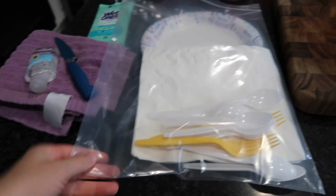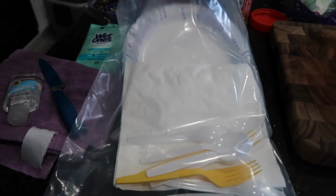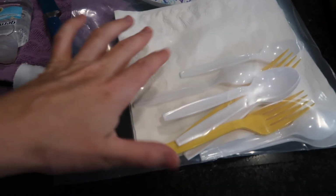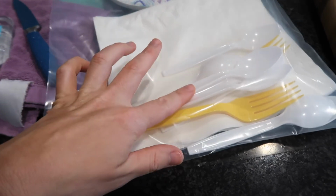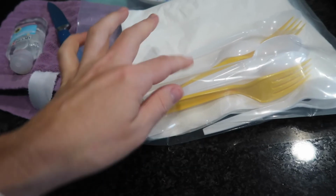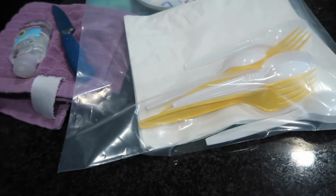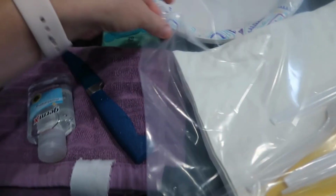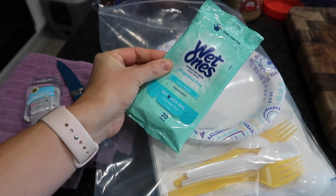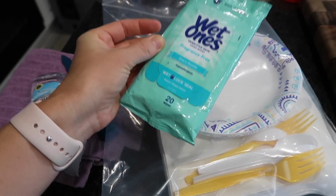This is also going to be going into the cooler. It's just a Ziploc bag, and I'm going to have a bunch of stuff in it, like necessities for our meal. So I have a handful of paper plates here, some napkins, really large napkins. I have some spoons for probably the pudding and the banana bread pudding. And then the forks are going to be for spreading the mayo and the mustard. But I'm also going to be including in here some wet wipes, because in the mountains it's really hard to find